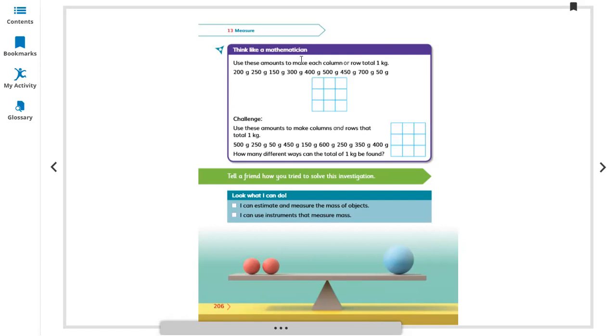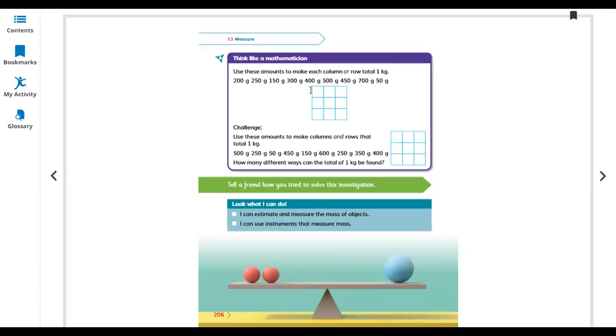Very easy. 1 kg equal 1000. So we can use challenge, use the amount. First we are doing this. So let's choose any number. For example, I'm choosing the first row, 200 gram,